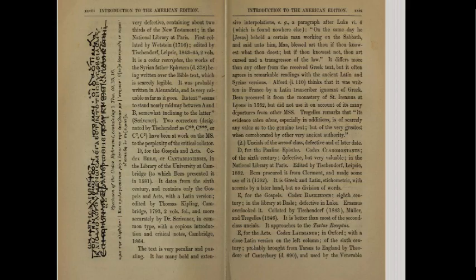And she's something about the text of Codex Bezae or Cantabrigiensis in the library of the University of Cambridge, to which Beza presented it in 1581. It dates from the 6th century and contains only the Gospels and Acts, with a Latin version edited by Thomas Kipling, Cambridge 1793, 2 volumes,